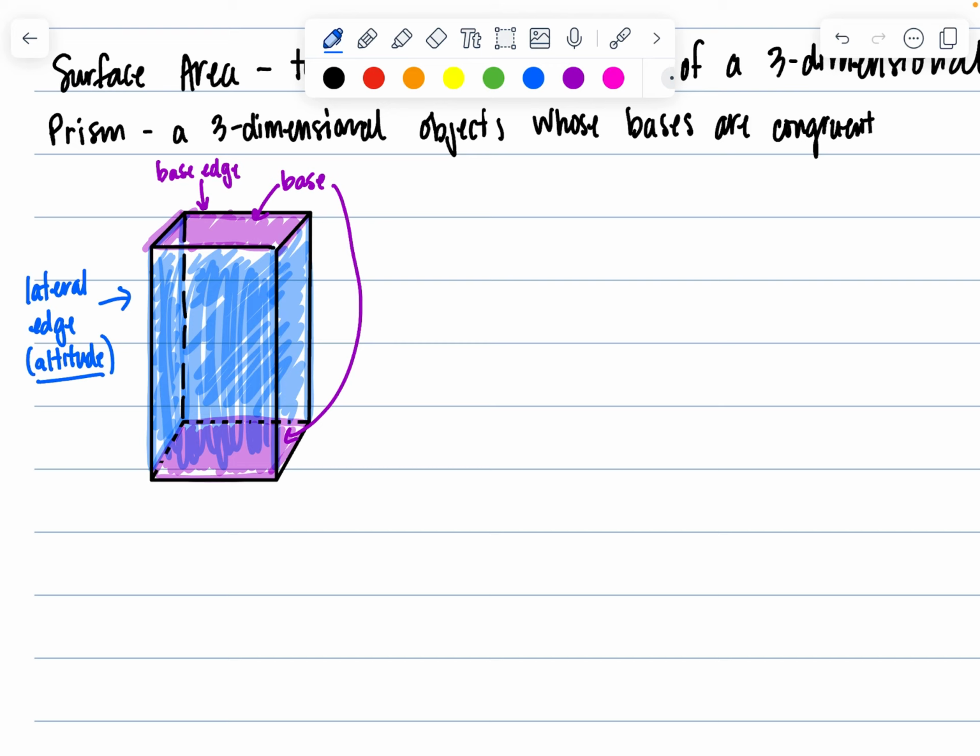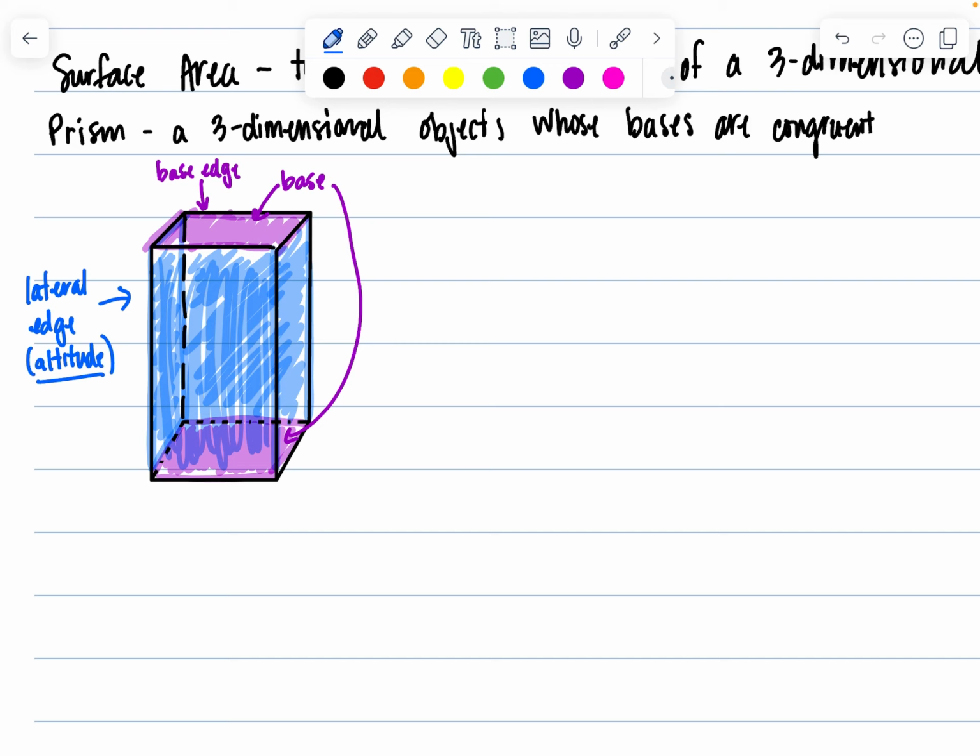Okay. The nice part about rectangular prisms is that you could actually draw this any way. You could turn it on its side and it would still be a rectangular prism with the bases changed. The unfortunate part is when you actually have triangular or pentagonal prisms, you have to use the pentagon as the base. Okay, so